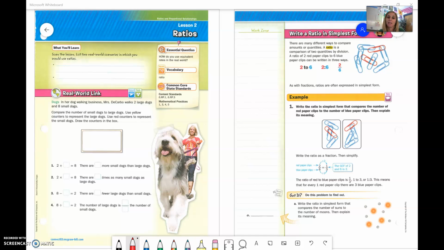Right, sixth graders, here we are again. We are going to be working on Chapter 1, Lesson 2. It is ratios, and you are going to need to get your book open to page 19. Again, if you do not have a book, you're going to need some paper because we're going to have some